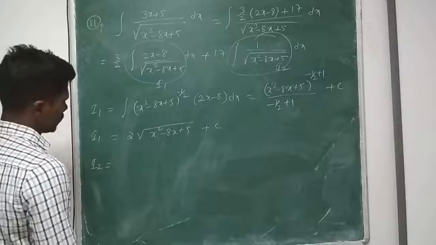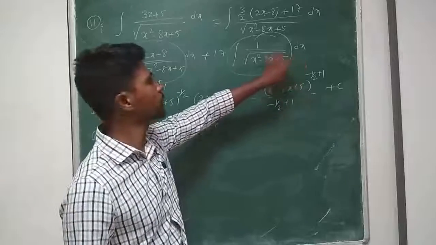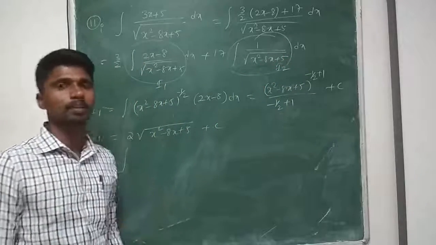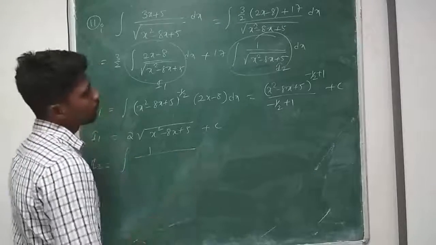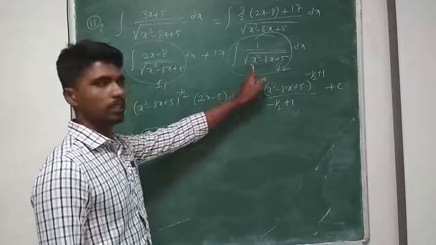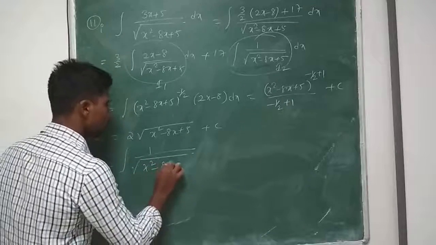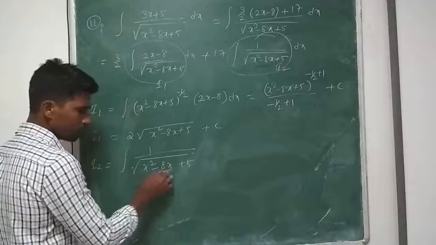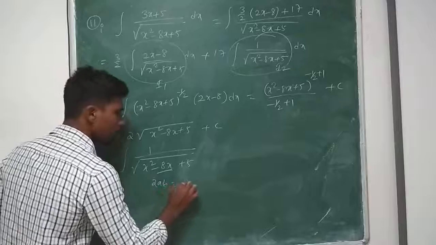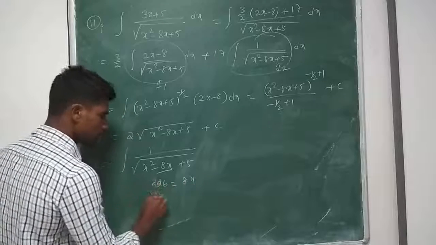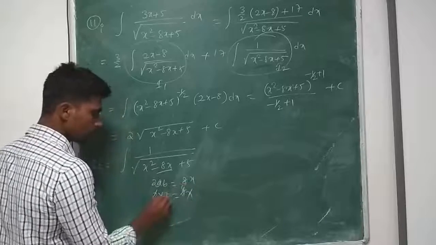I2. So I2, 1 by ax square plus bx plus c. So I have to express like x minus alpha whole square plus beta whole square, otherwise k whole square, right? So for the purpose, what I can do, first I have to check whether x square has any coefficient. It doesn't have any coefficient, so directly I can simplify root over x square minus 8x plus 5. If I consider this minus 8x as 2ab, so 2ab equal to 8x. A is x, so 2x into b equal to 8x. X cancel, 2 1s are 2, 4s are. So what is b? 4.